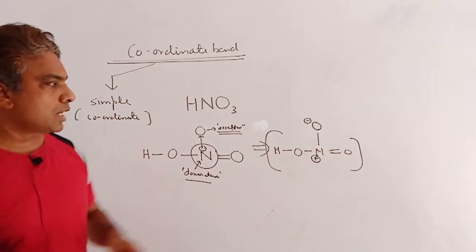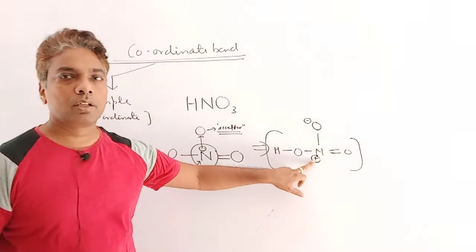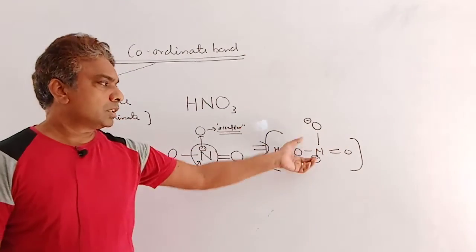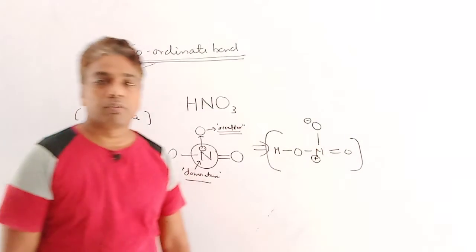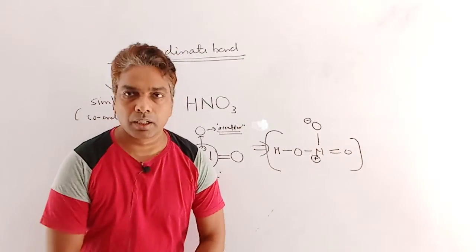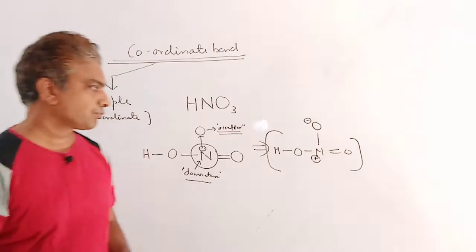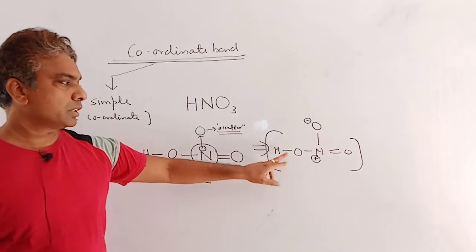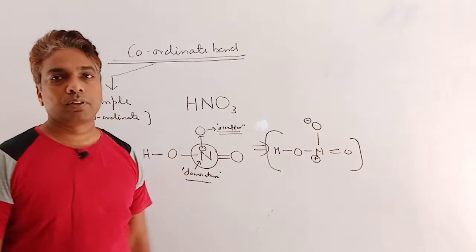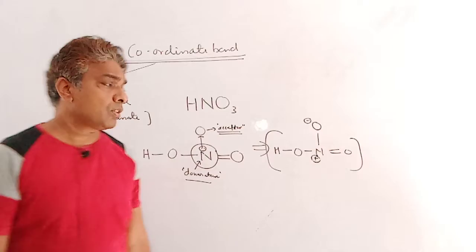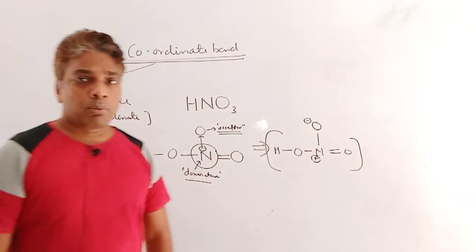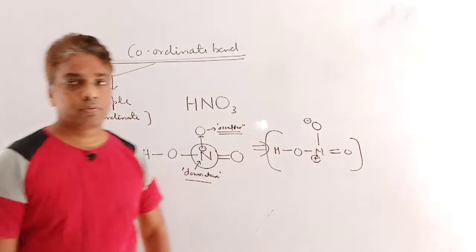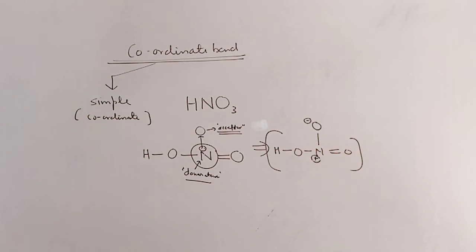In it, the formal charge on nitrogen is +1 and the formal charge on oxygen is -1. This is the most appropriate way to represent the coordinate bond. Clear? So the number of bond pairs in this molecule is also counted, such as 1, 2, 3, 4, 5, in which 1 is a pi bond and all 4 are sigma bonds, and according to its dot structure the octet rule is satisfied. Clear? So here is the simple coordinate.